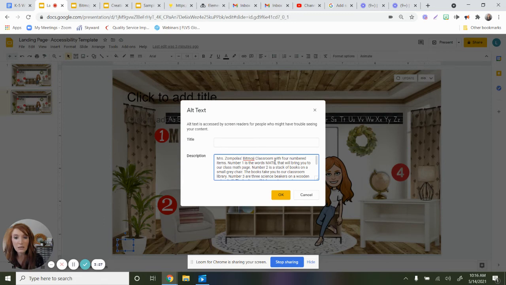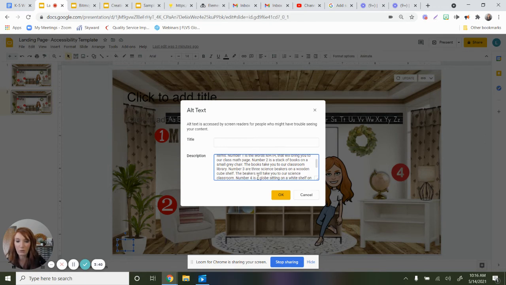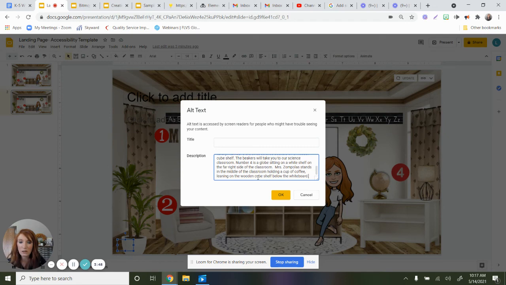Mrs. Ampolos' Bitmoji classroom with 4 numbered items. Number 1 is the words math that will bring you to our class math page. Number 2 is a stack of books on a small gray chair. The books take you to our classroom library. Number 3 are 3 science beakers on a wooden cube shelf. The beakers will take you to our science classroom. Number 4 is a globe sitting on a white shelf on the far right side of the classroom. The globe will take you,